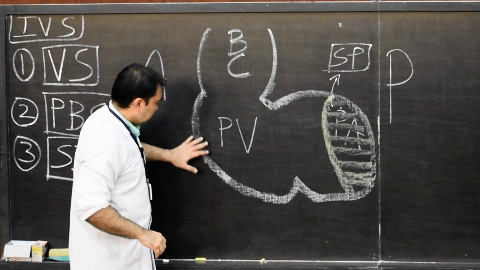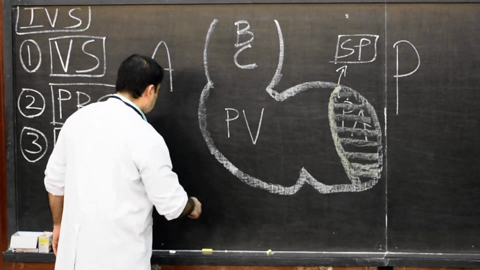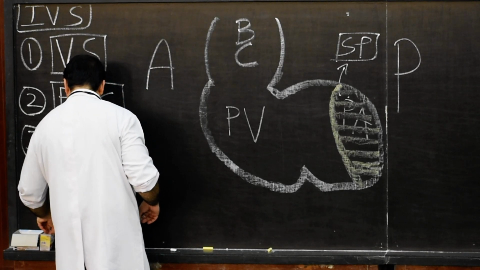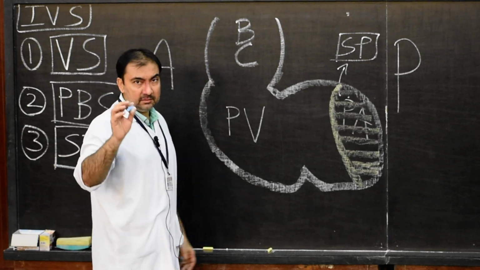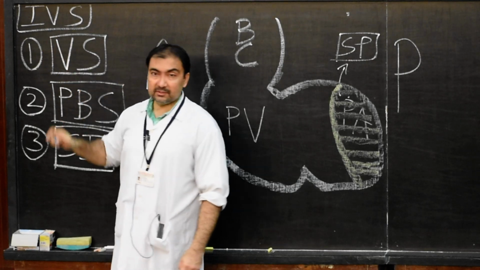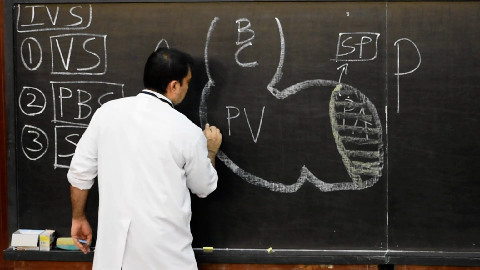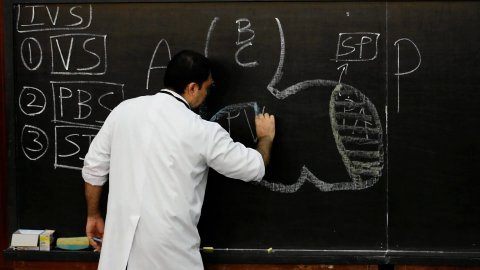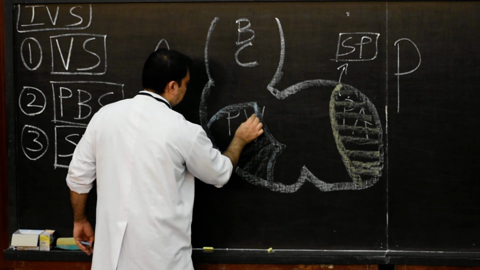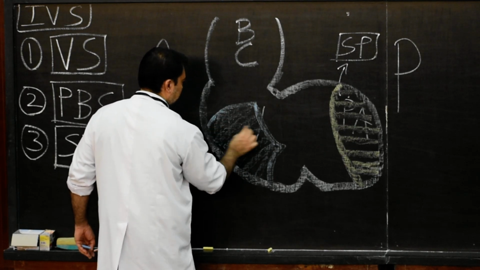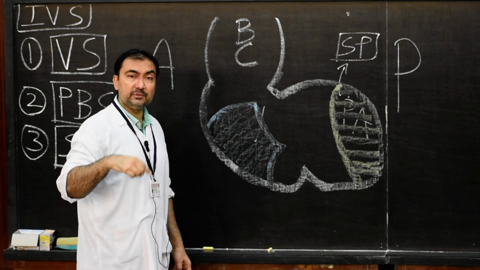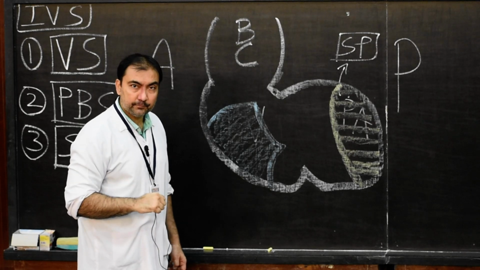Now this is the floor of primitive ventricle. From the floor of primitive ventricle, here I will use blue color, there will be development of ventricular septum, our first point. So the ventricular septum will start its development like this. This is the ventricular septum. How will it develop? From the floor of primitive ventricular cavity or from the floor of bulboventricular loop.